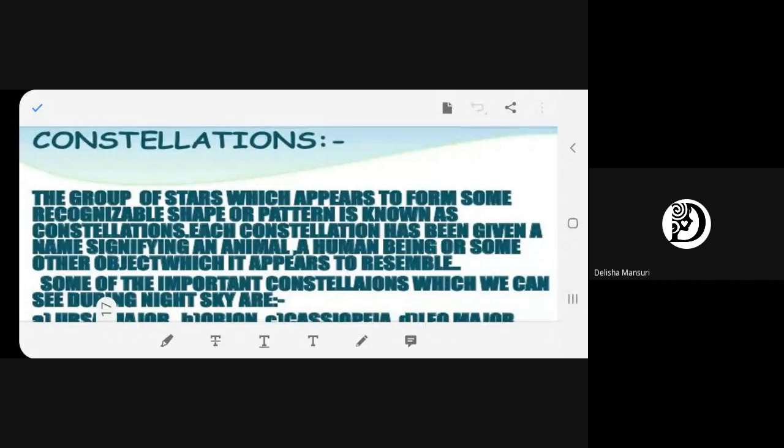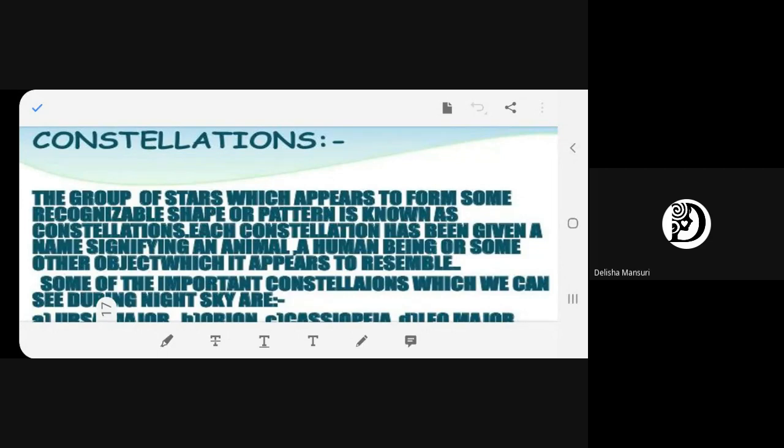And these constellations came into being through ancient people, the people of maybe the Greek ages. They were able to recognize stars in the sky, and the shapes of these constellations resembled objects familiar to those people, which they could identify. And if you look at the night sky, you can also identify certain constellations.